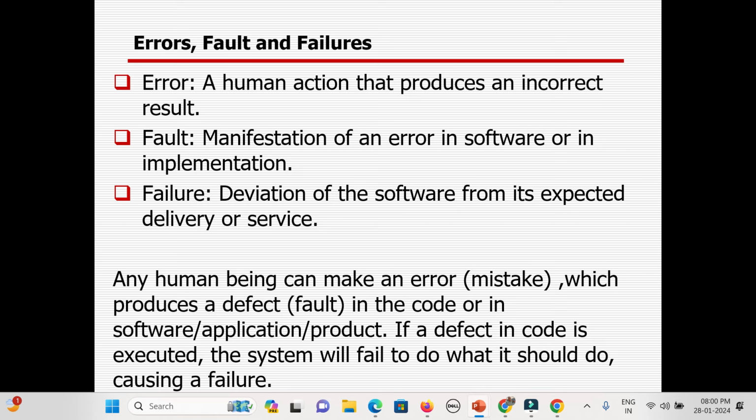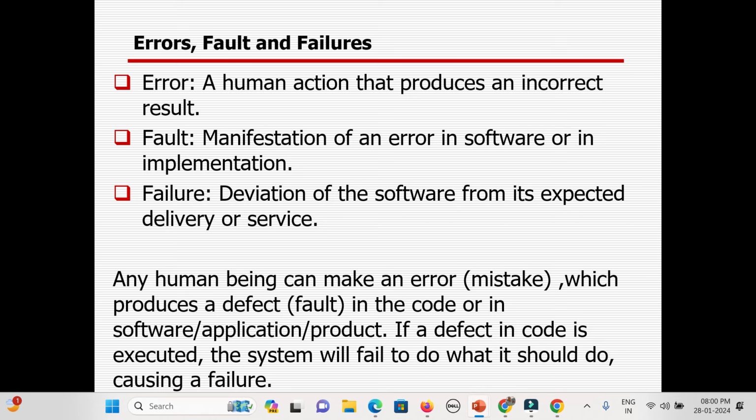It will create the fault. It can also become a severe condition, and after that, if you still do nothing, it can become life threatening. That is called failure, or permanent damage, or crashing of the system. So an error might be there, but you need to fix it early so that you can avoid the fault, and if you avoid the fault there is very little chance of failure. A fault is the manifestation of an error in software or in implementation, and failure means that if you still do not handle the fault, it will create the failure.